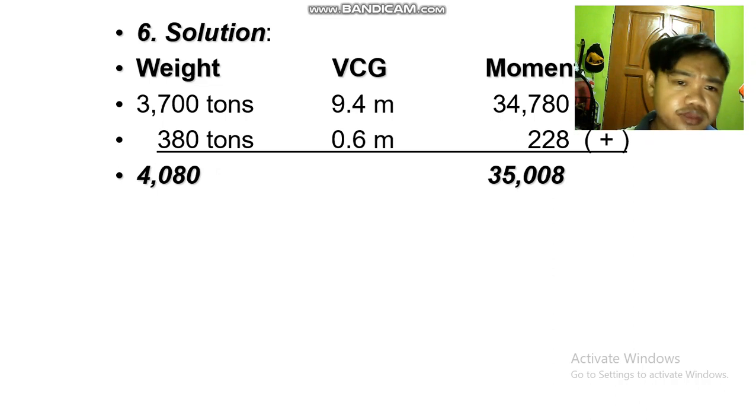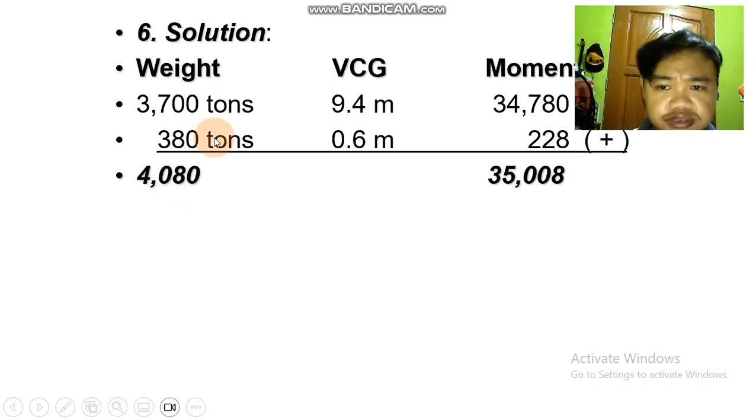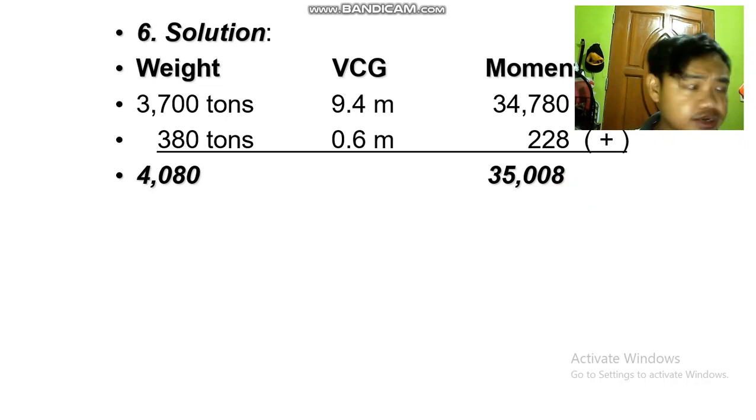Now we have the displacement of the ship after the weight has been added, and then you also add up the moments. So we have 35,008. This is just an example in order for you to fully understand how to use